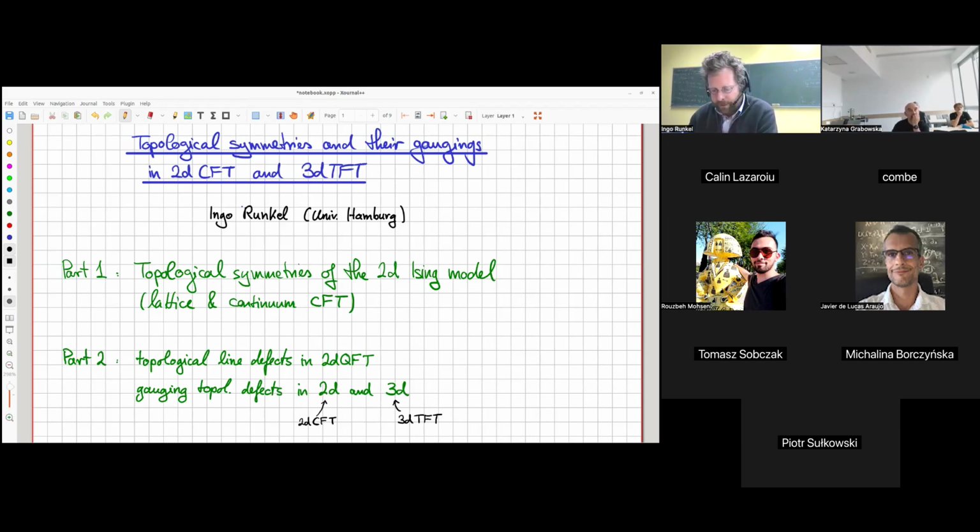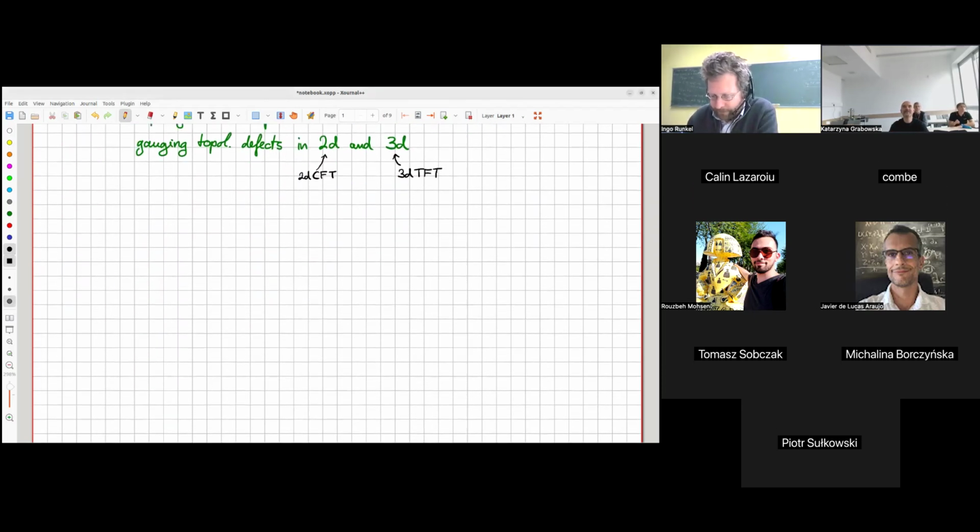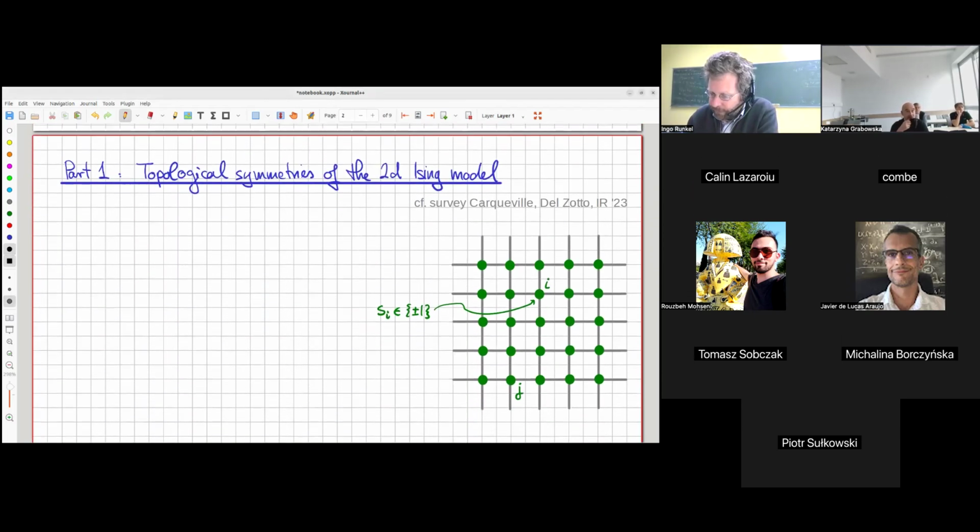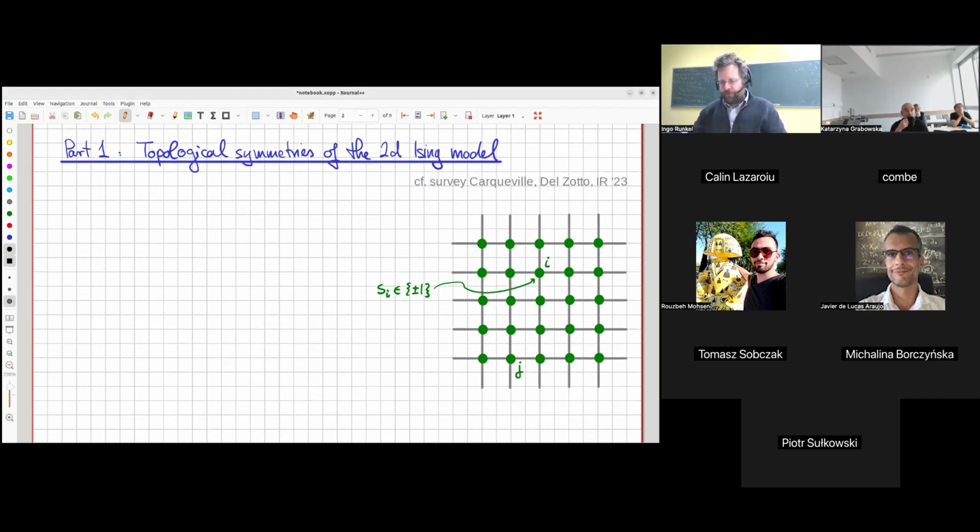The first part is a mix of a slide talk and me writing on the slides. Part two is more of a slide talk, and I will take a more broad, more abstract perspective and try to say similar things, but now on general models. I'll try to go a bit further than I get in part one. So that's the plan. Please interrupt me if you've got questions. I'm happy to try and answer them.